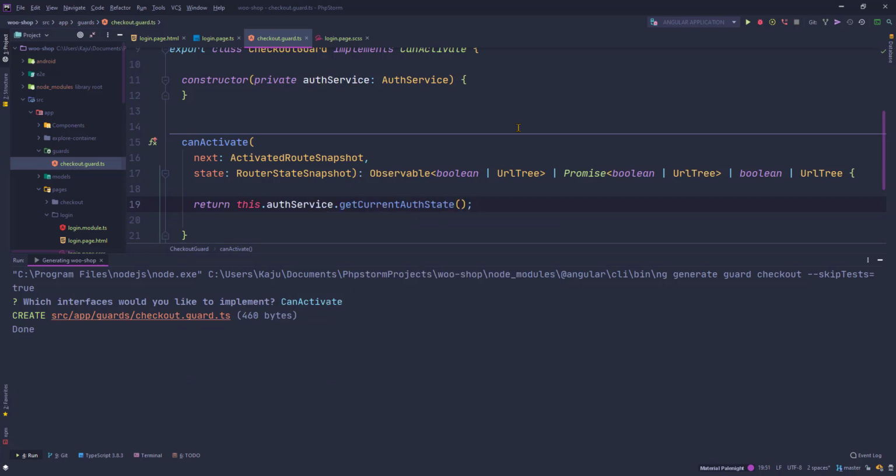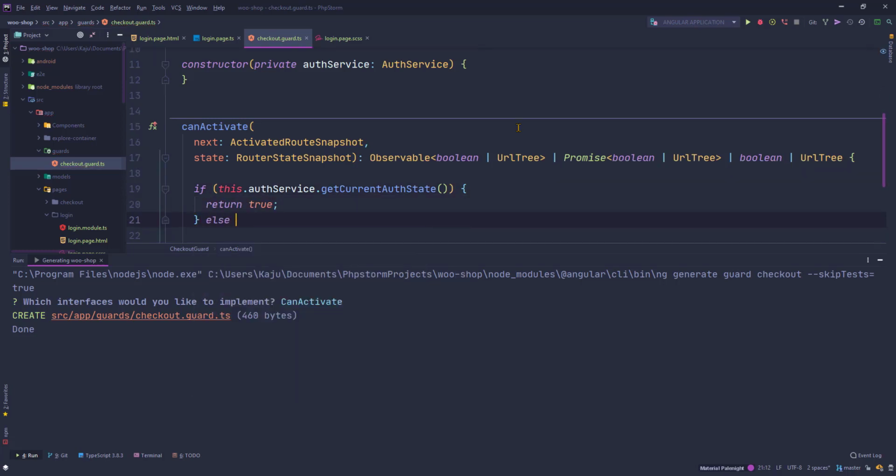Okay, so this has the current auth state variable. So if the current auth state is there, return true, else